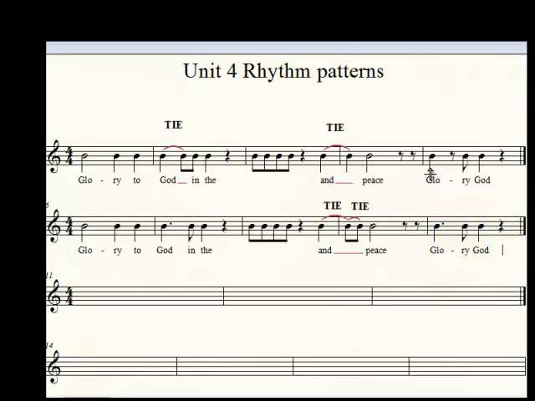Now, let's try the whole line 2. And when there are no words in there, just do the tas. 1, 2, here we go. Glory the